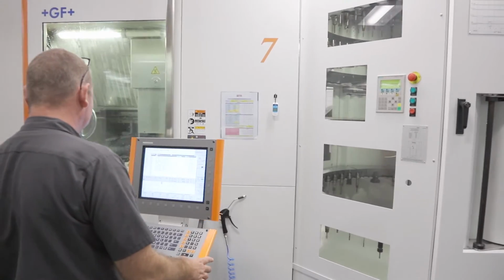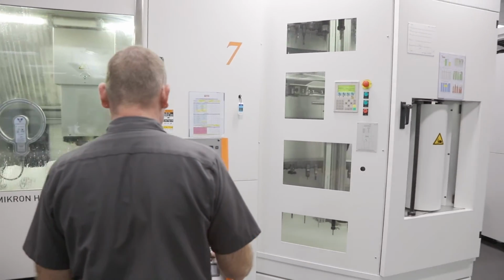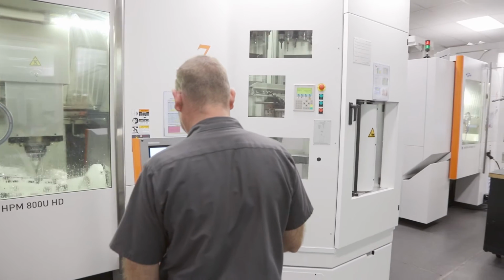For us, 5-axis machining is critical. There's several key components that we can't make without it, but on the other hand, there are many components where it gives us much greater flexibility in terms of process time and dimensional tolerance of the machine. It reduces our number of setups, which introduces greater quality into our components. And as I mentioned, with some of our other key components, we couldn't achieve the design required without the 5-axis